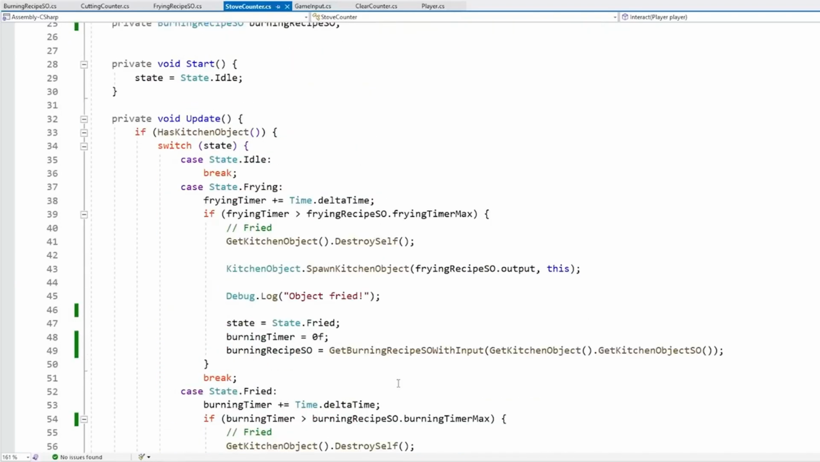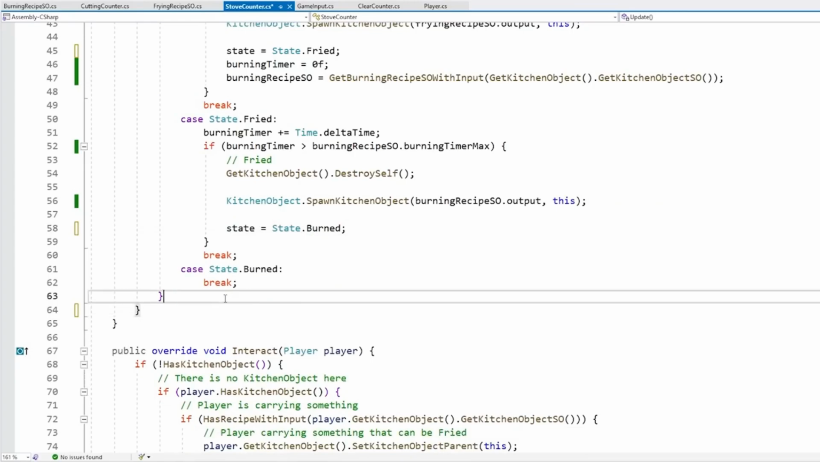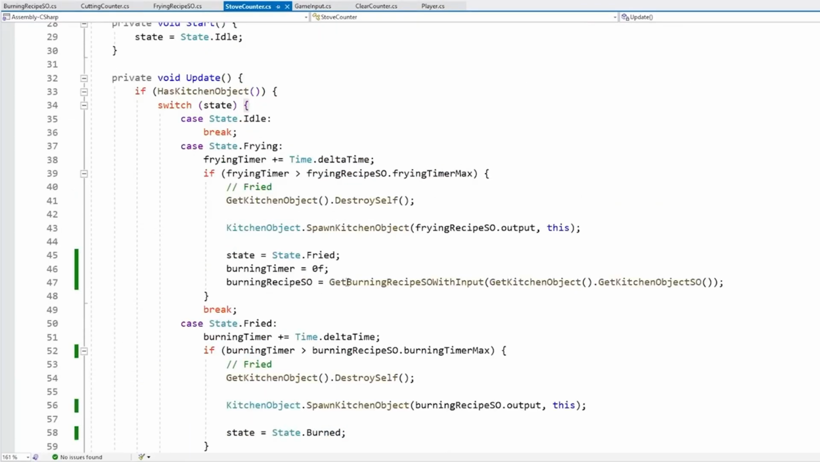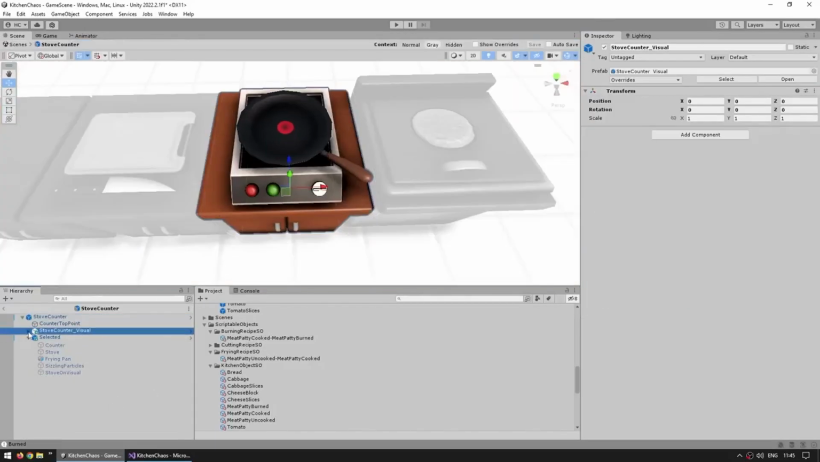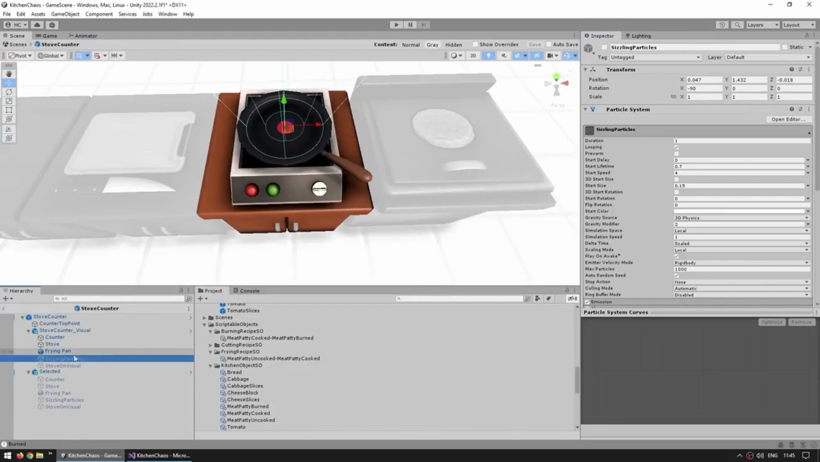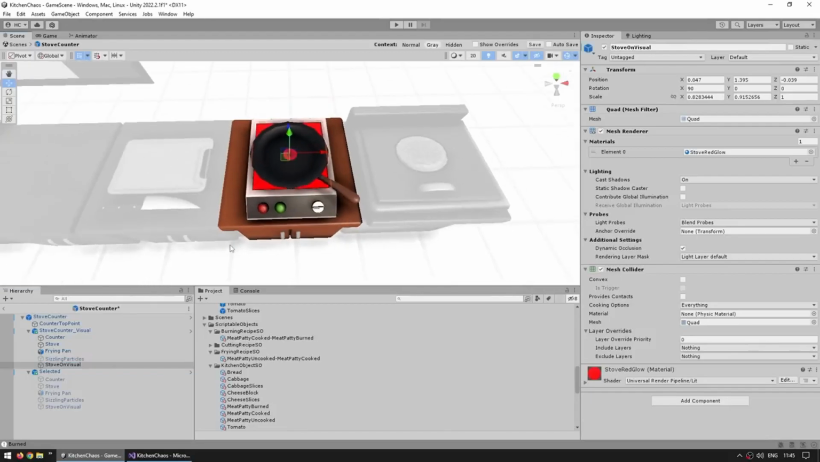Now, let's just get rid of our logs, so we don't need this. So let's get rid of that debug log, this one, and this one. Okay, great. Everything is nice and clean. And now let's add some nice fun visuals. So if we go inside the stove counter, and over here is the visual, I include these two prefabs inside the visual. One of them, this one, the stove on visual, is just a glowing red